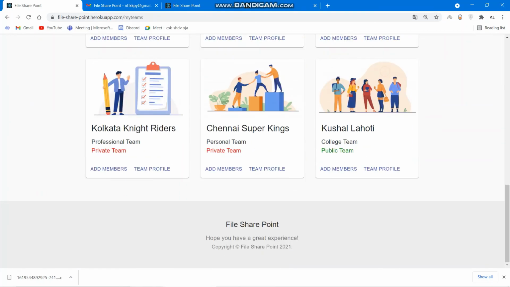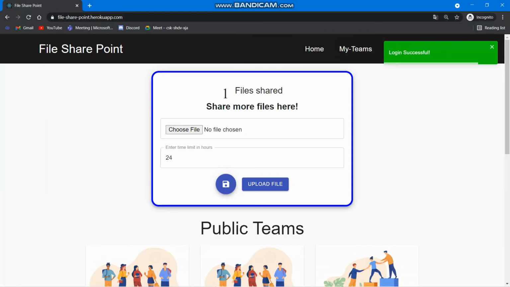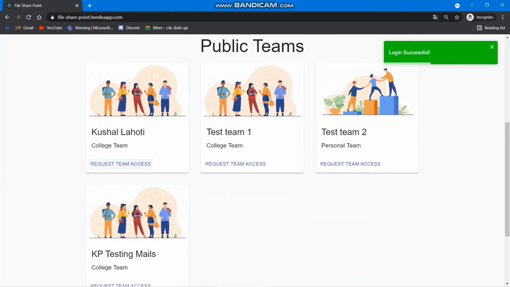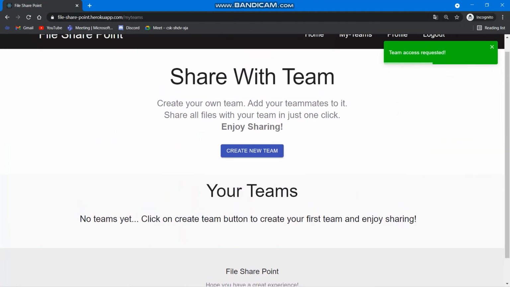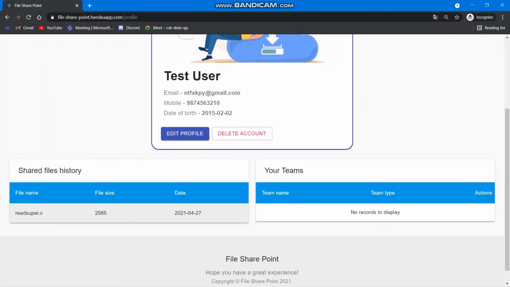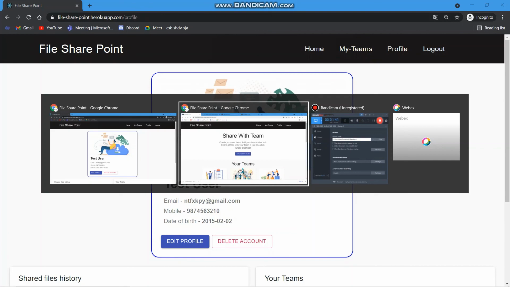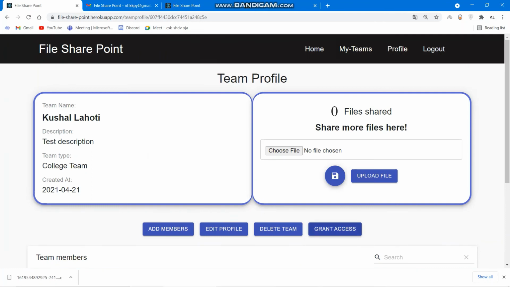This is the Kushal Lavati public team, whose owner is this user, and I can see this team here. So I will request the team access from here. So it gives me a message that team access requested. So currently, if I go to my profile of test user, I see there are no teams here. So if I go here on the owner side, if I go to team profile and I go to the grant access page,